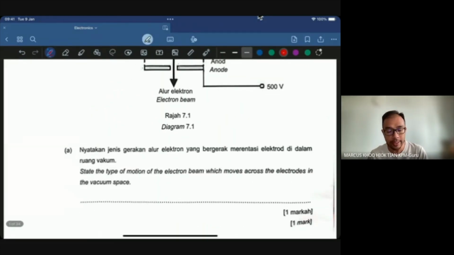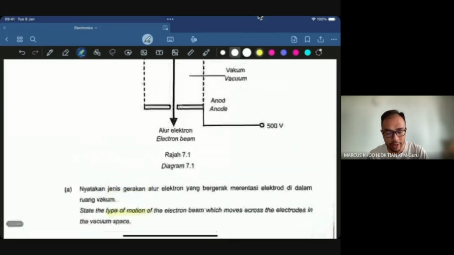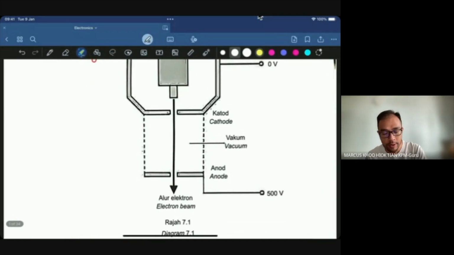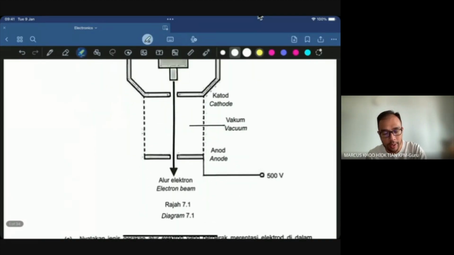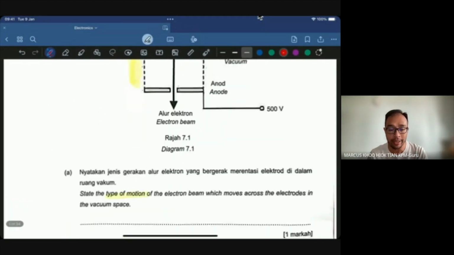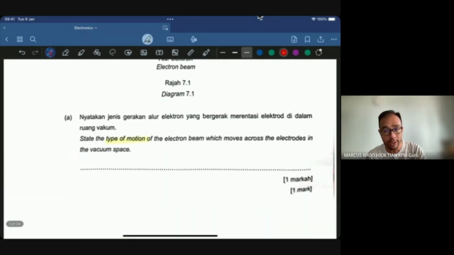State the type of motion of the electron beam which moves across the electrodes in vacuum space. If you remember what is happening, this is thermionic emission. After thermionic emission, they move, and after they get moved, they will accelerate. As it goes through this high voltage region, which we call the EHT, the purpose of the EHT is to accelerate the electrons. So the type of motion we're talking about is either constant acceleration,